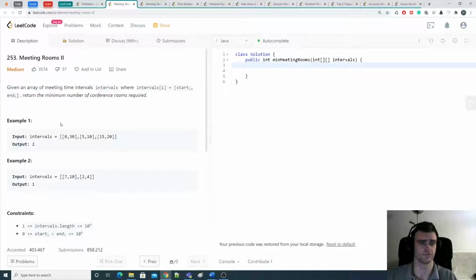So the objective is: given an array of meeting time intervals, where interval i equals start of i, so the first thing is the starting time and the second thing is the ending time, return the minimum number of conference rooms required. Which means that when there are overlapping meetings, we need to increment the rooms. So if we have 50 overlapping meetings, we're going to have 50 rooms required at